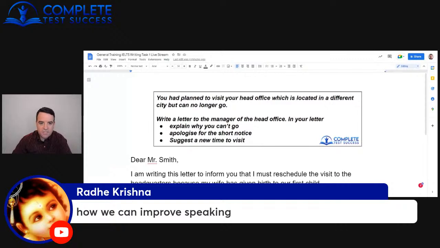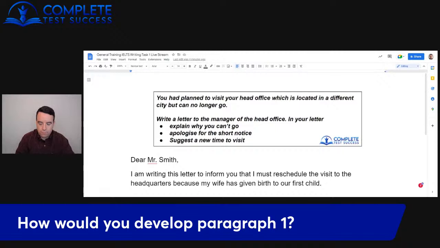How can we improve speaking? With speaking, it depends on what your problem is. So if you have a problem with fluency, then you improve your speaking by improving your fluency. If you have a problem with vocab, then that's what you need to focus on. If it's grammar, then you do that, or if it's pronunciation, then you do that. So don't just try to improve speaking. Work out which of those four things you are trying to improve, and then that will help you to be more focused.